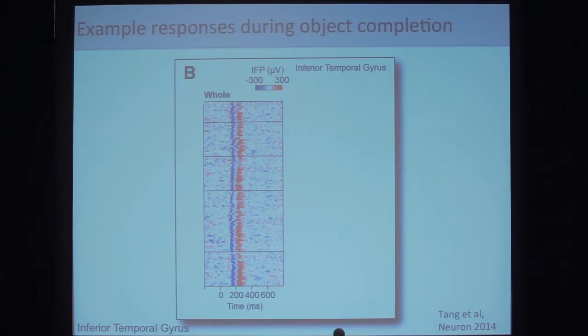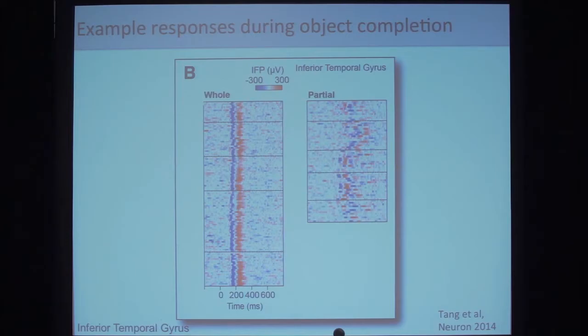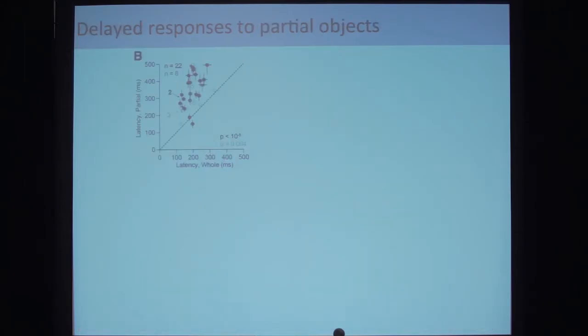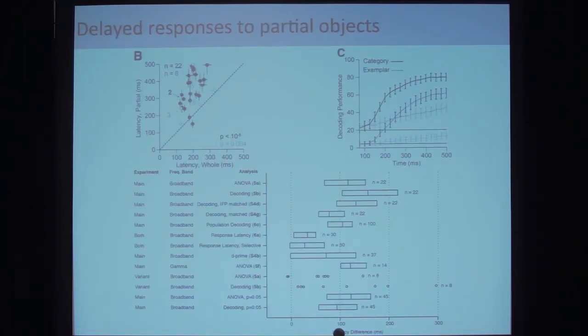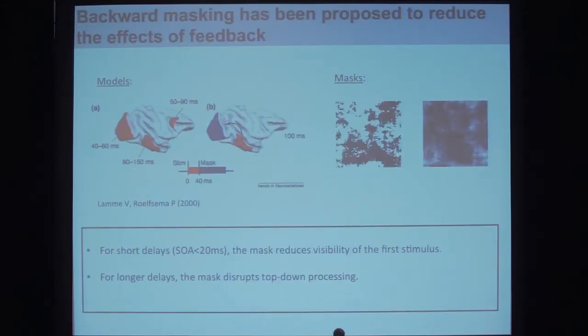Here are all the trials with whole objects in the same format as before. Here are all the trials with occluded presentation. There's variability from one trial to another because the images are actually different. The positions of those bubbles are actually different. But consistently, there is a significant delay of about 50 milliseconds or so involved in the essential physiological signals underlying recognition of occluded objects. So this is more data, multiple electrodes. I'm going to skip these and go very quickly through these. We consistently see these delays, which we interpret to imply that we need additional computations, perhaps these recurrent and/or feedback computations.